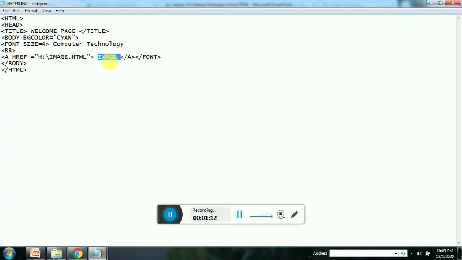When I click on this word, that is image, it will create this image as a hyperlink. Now I will run this program.